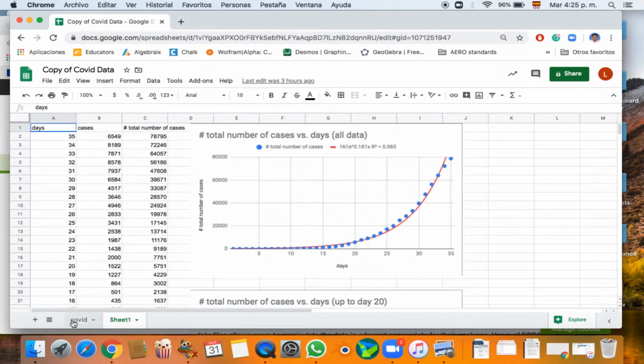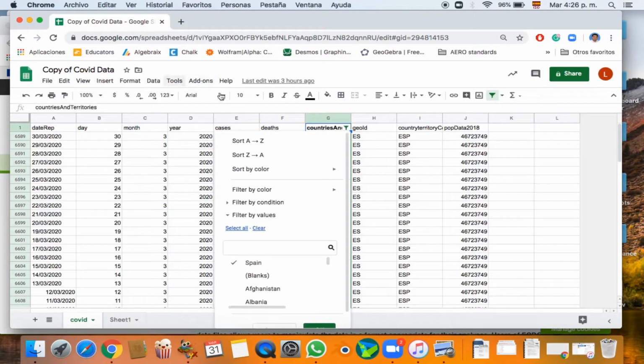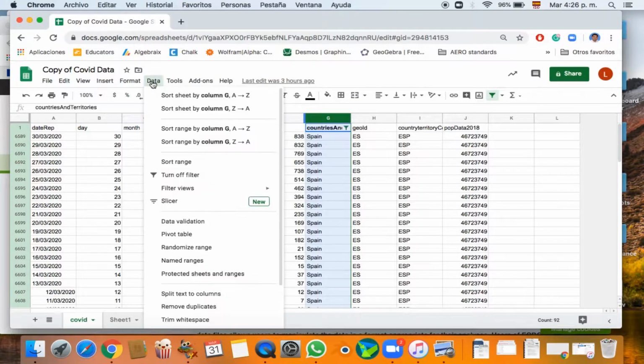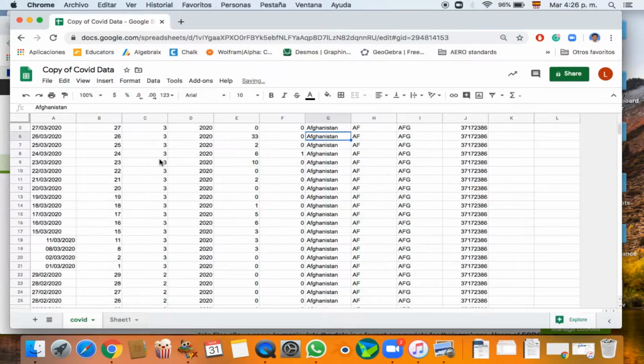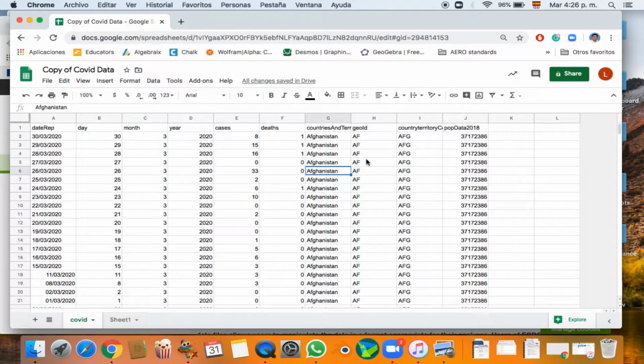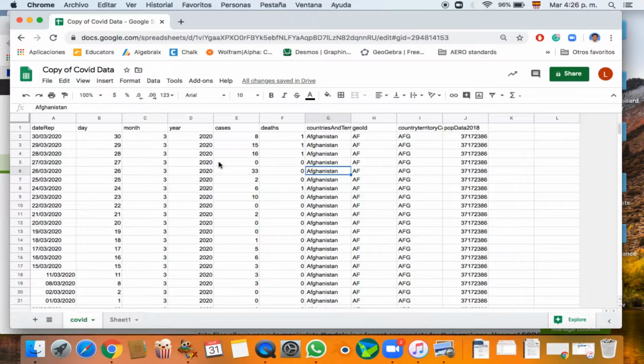Let's see how to do that. So this is the data that you have. I'm gonna put it as this is it. You have it like this. All the countries with all the reported cases every day since the pandemic started. Now, you need just one country for which I'm gonna create a filter because I don't want to see all